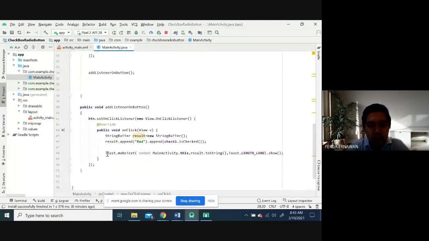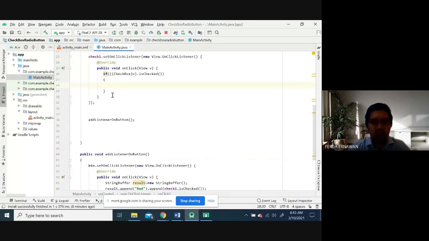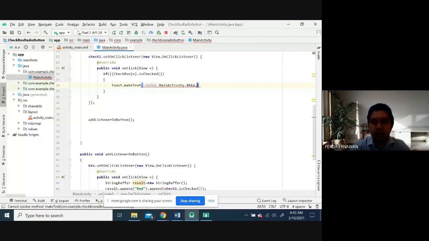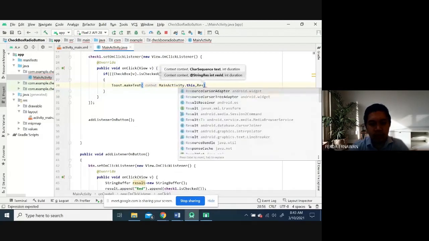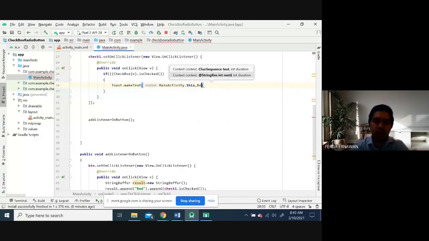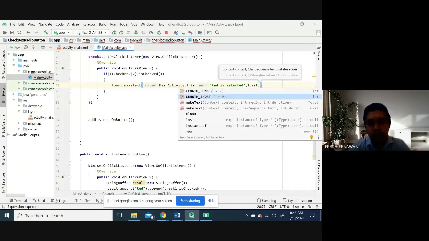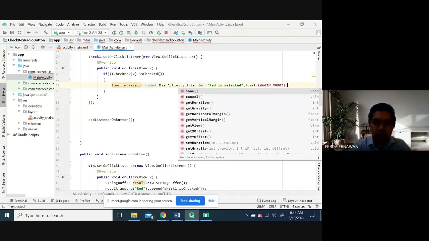Then I copy this one, those messages, or maybe I type those, to make the tag MainActivity dot is, comma, red is selected. This is a string. Let's say I define a string, red is selected, and toast dot show.